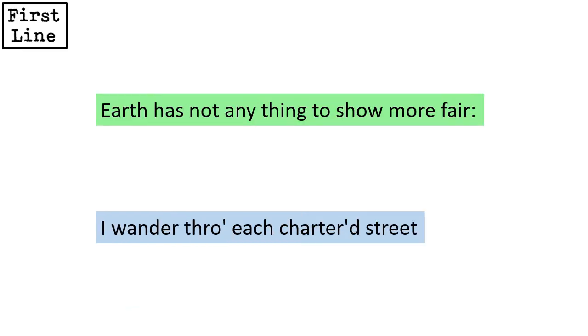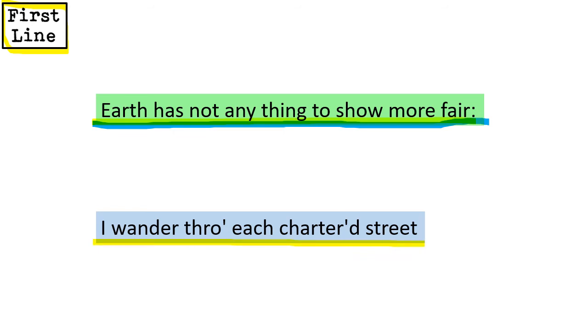First line is always worth looking at. You don't have to write about the first line, but it's always something worth considering. So in Westminster Bridge, we have the statement, "Earth has not anything to show more fair." Simple. That's what William Wordsworth is telling us. It is the best sight on earth. Whereas with Blake, you've got this calm, slow start before it gets into the really harrowing and thought-provoking descriptions that he sees.